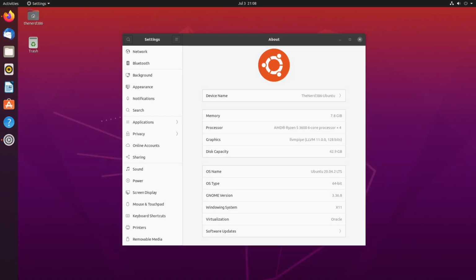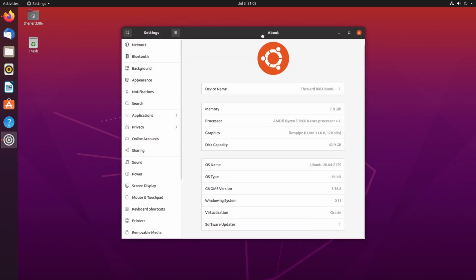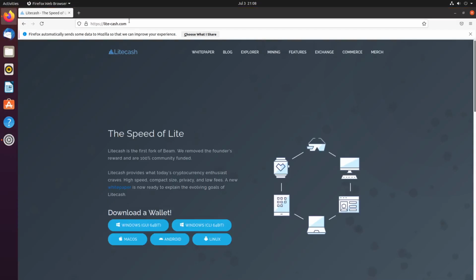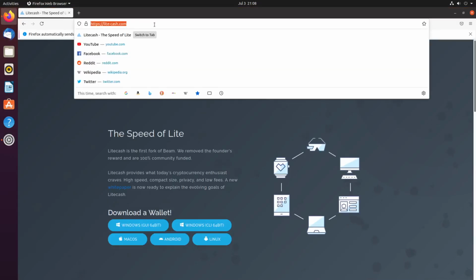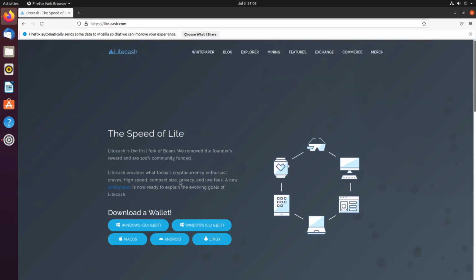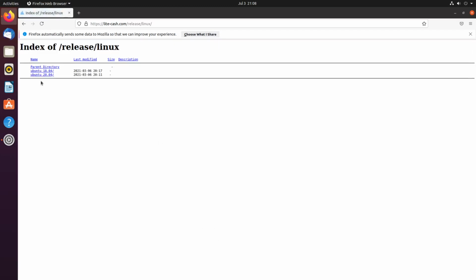Let's show you how to install the LiteCash wallet on Ubuntu 20.04 LTS. First, we navigate to litecash.com. Once there, find the button that says Linux. Click there. Next, we go to the Ubuntu 20.04 folder,